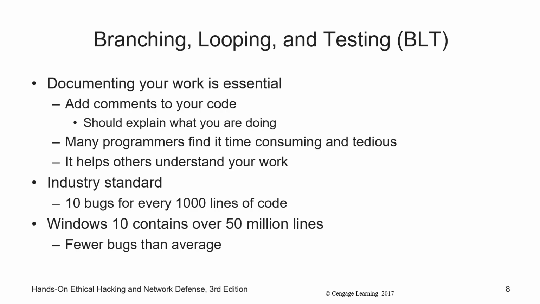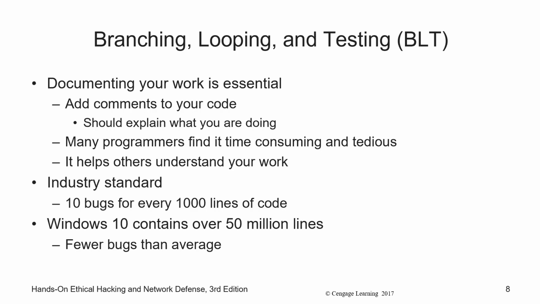The more code you have, it becomes exponentially more complex. The complexity of your code increases exponentially as you add more code. So saying it's 10 bugs for every 1,000 lines of code isn't even a good rule of thumb. It's just a bunch of junk, and I really don't know why they put it in there.